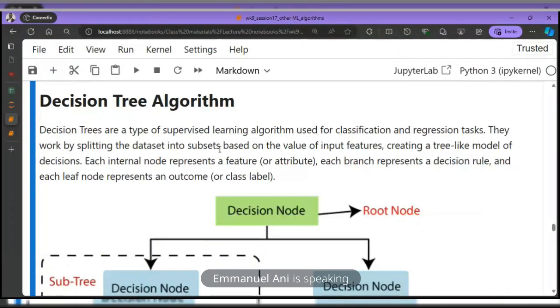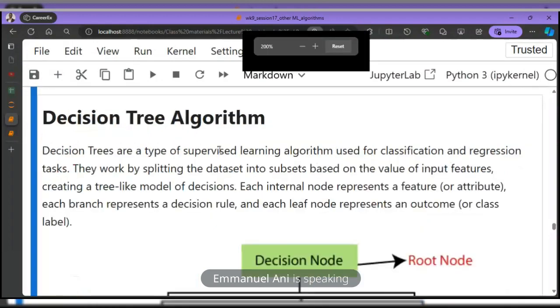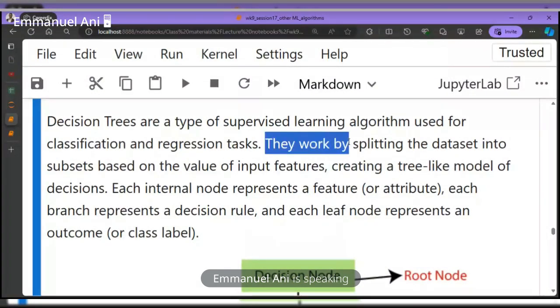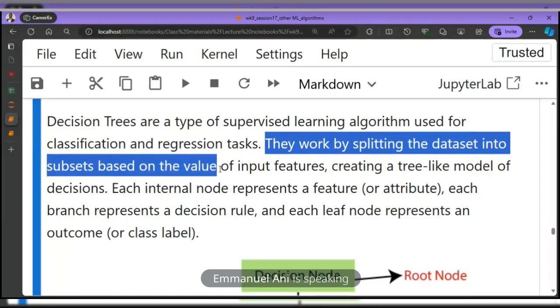So what are decision trees? Decision trees are a type of supervised learning algorithm used for classification and regression tasks. They work by splitting the data sets into subsets based on the value of the input features. I'm going to say it again. Decision trees work by splitting the data set into